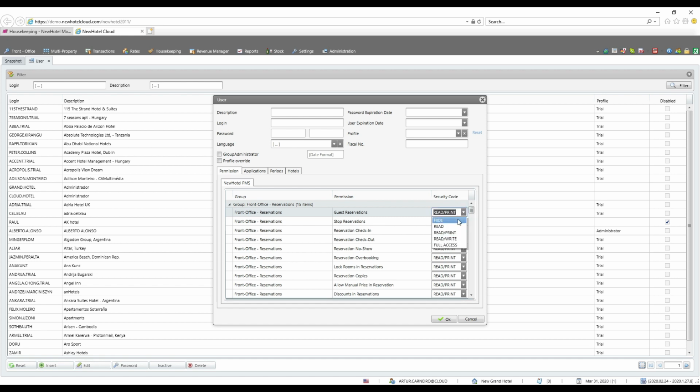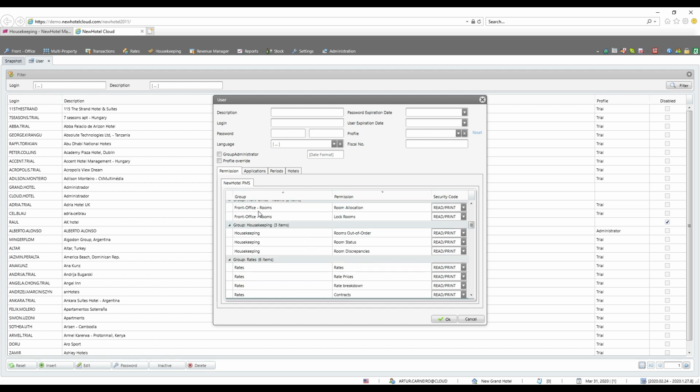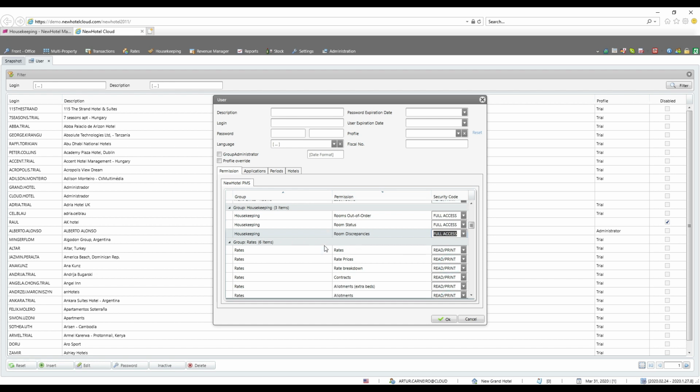We have the option to hide certain areas of the PMS, permissions only for reading, read and print, read and write, and full access. The group for the housekeeping, for example, is here, where we can give permission to use out of order, change the status, and use the discrepancies, and more. This way, we can add users for housekeeping crews, and they only see the housekeeping options on the PMS or